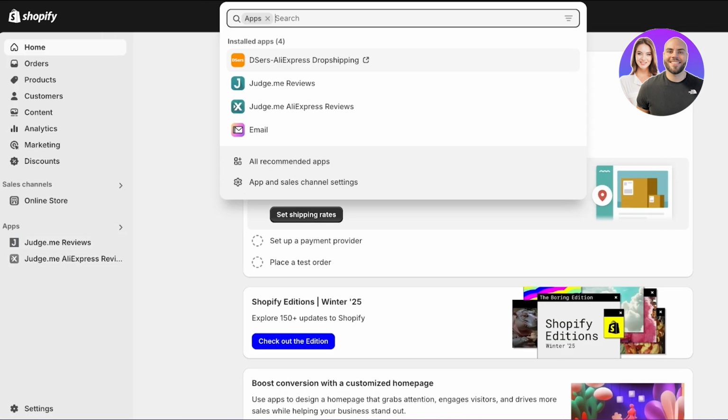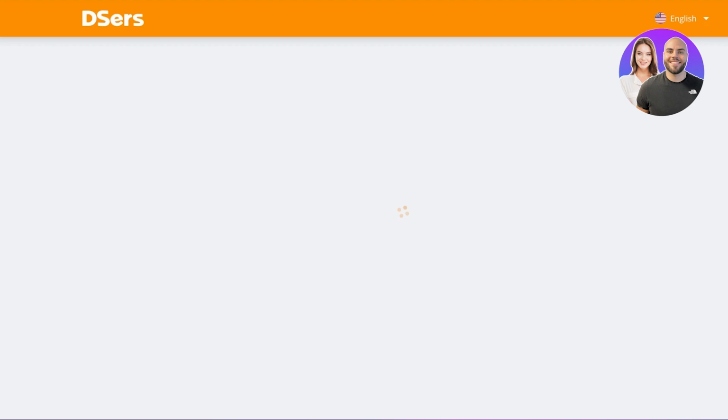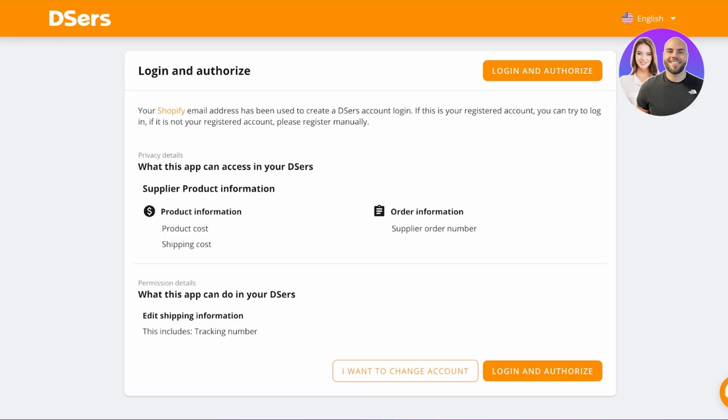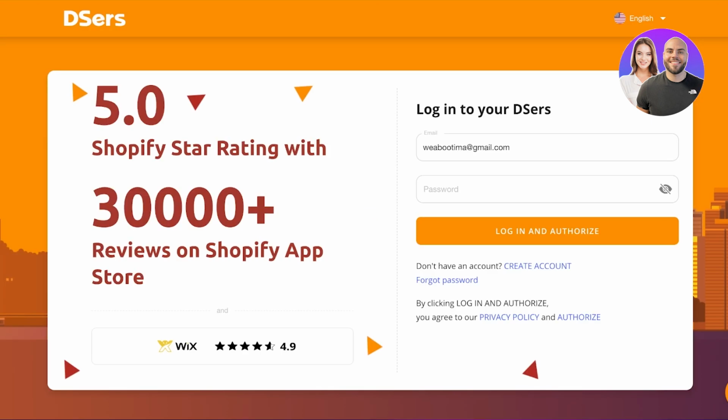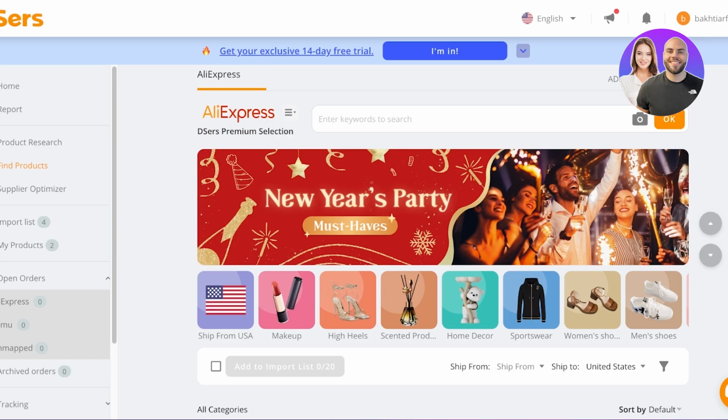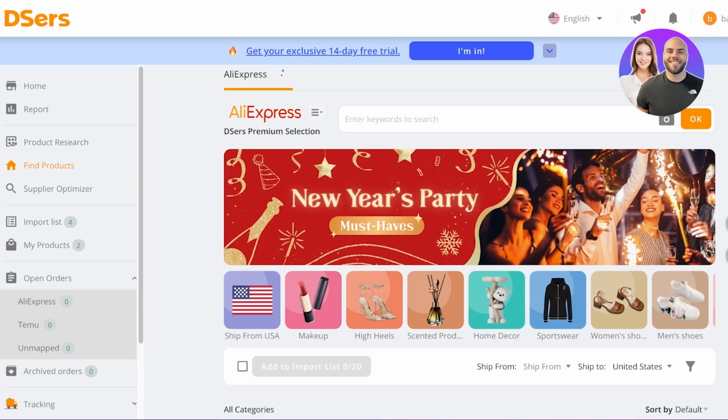It does have the Deezers application installed, but for some reason it's not opening up. Now we're going to click on log in and authorize. Now, once we click on login, confirm. So now that our connection with our Deezers account has been completed, we can proceed on to the next step,